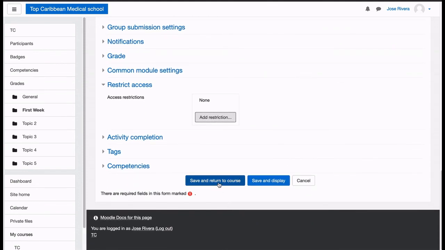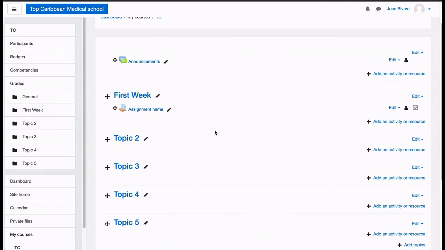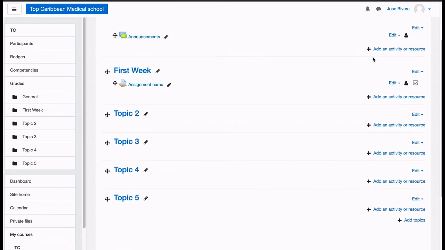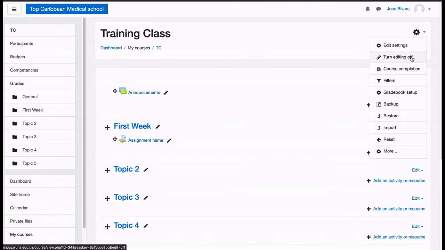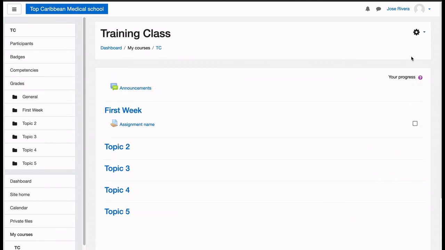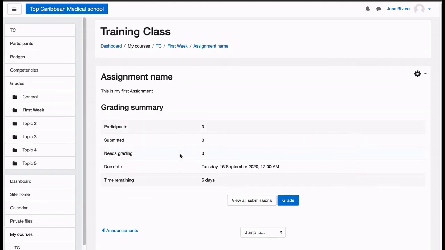We save and return to the course, and we have our first assignment. Now we have to change the view to turn editing off, and there it is. Now we can see the assignment, and because